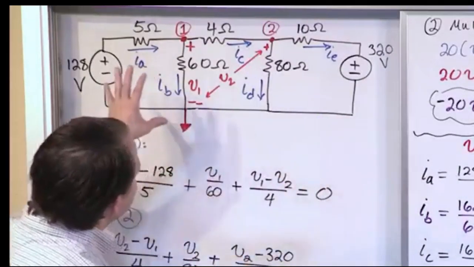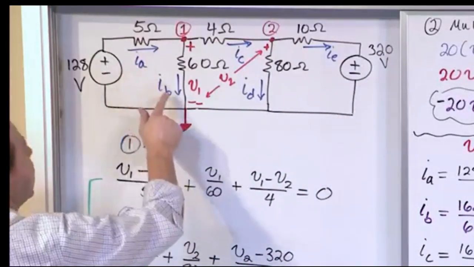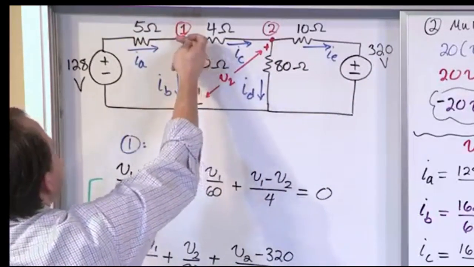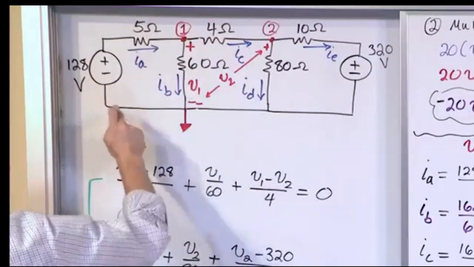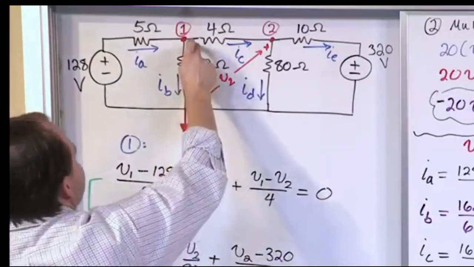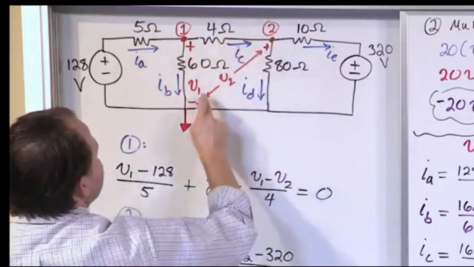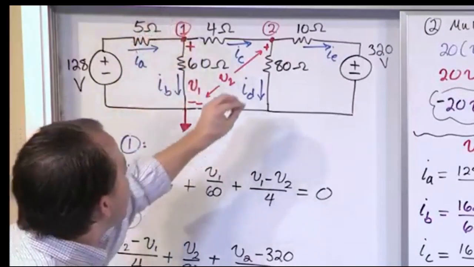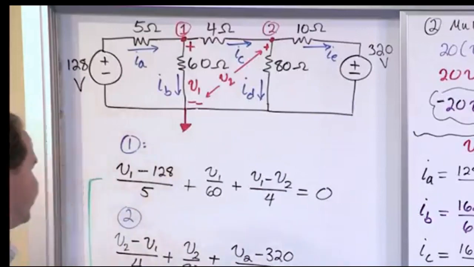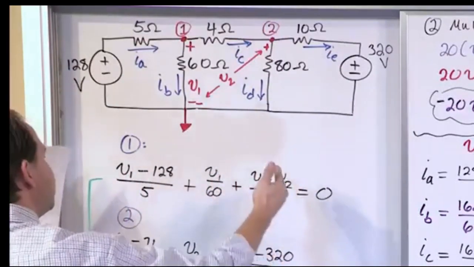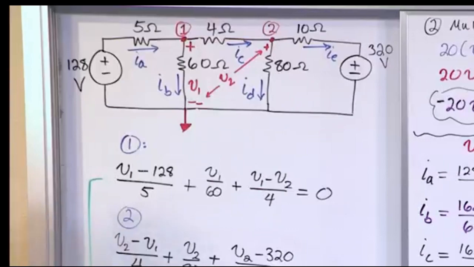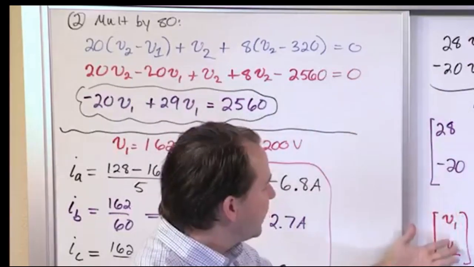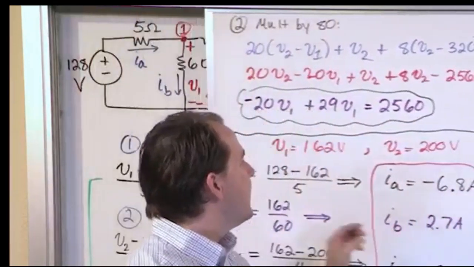But make sure when you write your node voltage equations that you completely ignore any of these drawings that are already given to you. When you write the node voltage here, you have to pretend the current's coming out, V1 minus 128 over 5. This guy over this, V1 minus V2 over 4. Just like we've been doing the whole time. You pretend the current's coming out of this node, pretend the current's coming out from this node. Doing it the same way in both equations gives you a self-consistent system that you can then get the two equations for, use the matrix methods to actually find what V1 and V2 are,